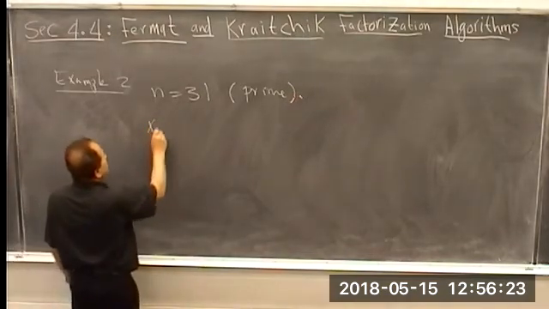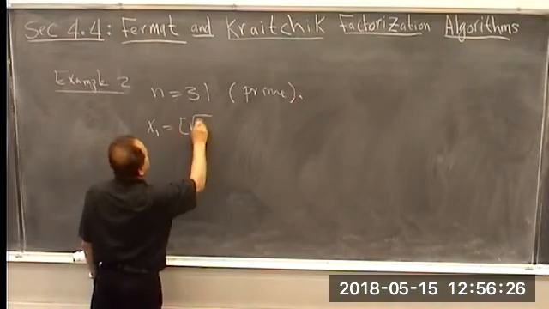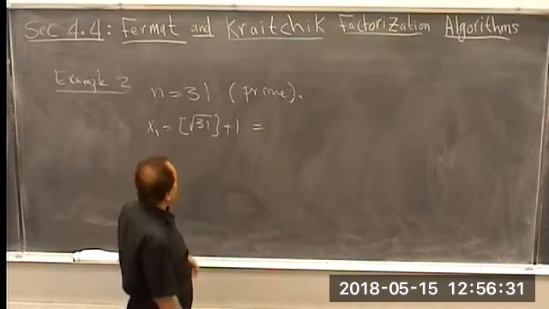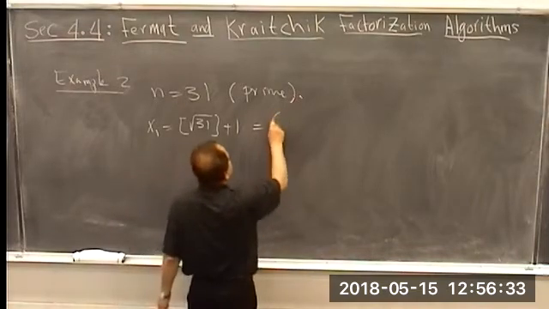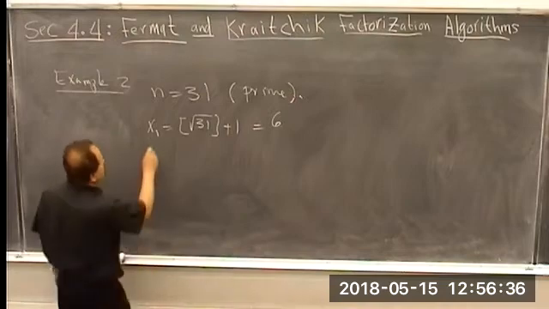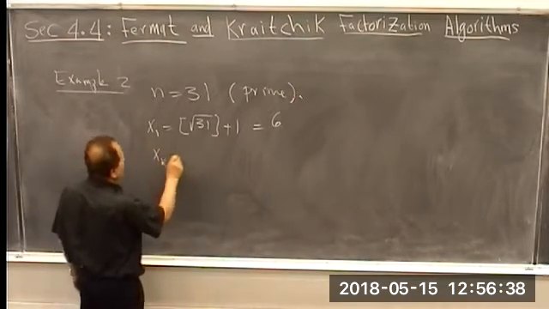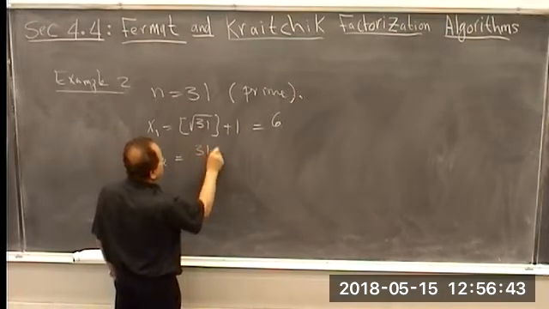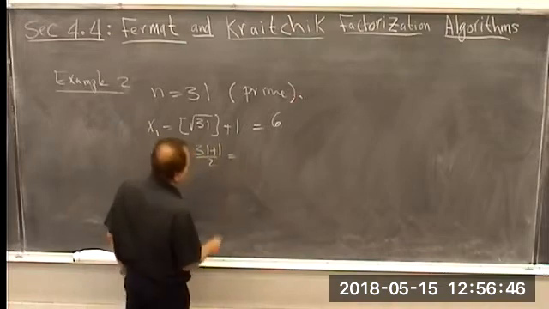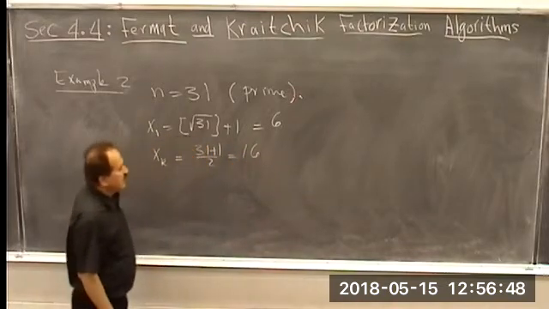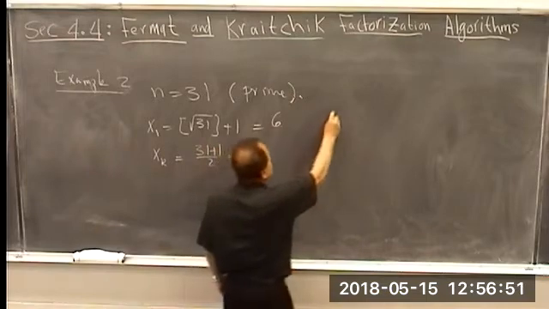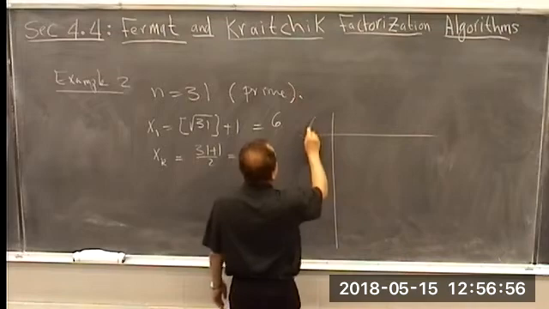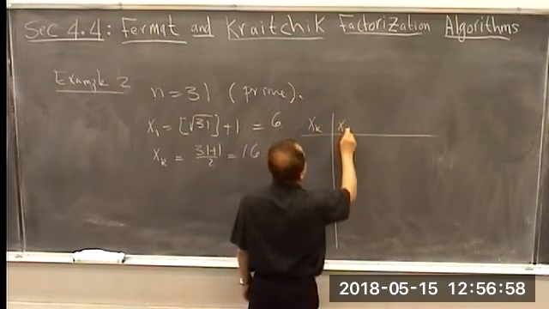So it starts with x1, the square root of 31 plus 1. And 31's square root is about 5, plus 1 is 6. All right, and the largest value is going to be (31 plus 1) over 2, that's equal to 16. And we're going to make the table of values in here, and we're not going to see a square till